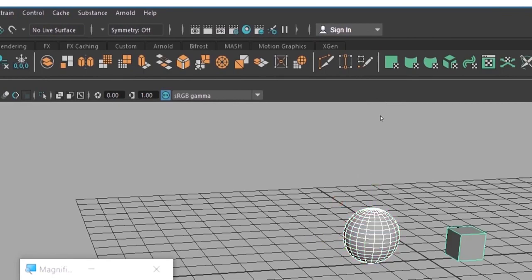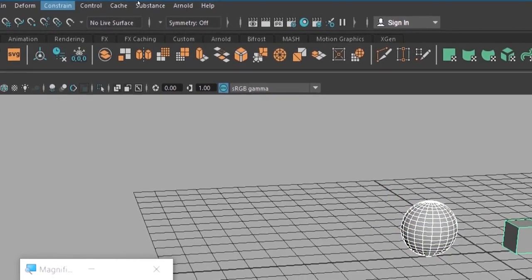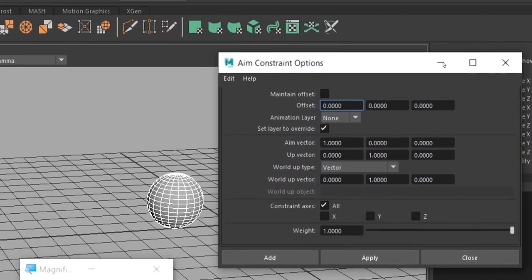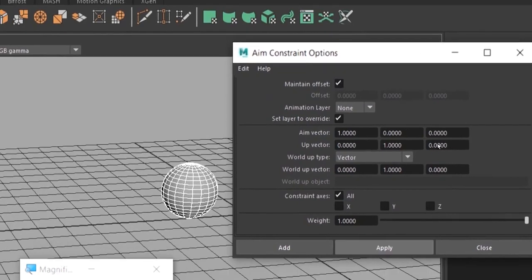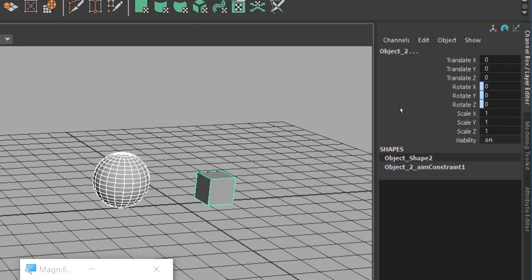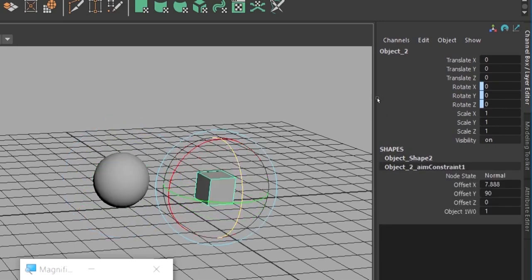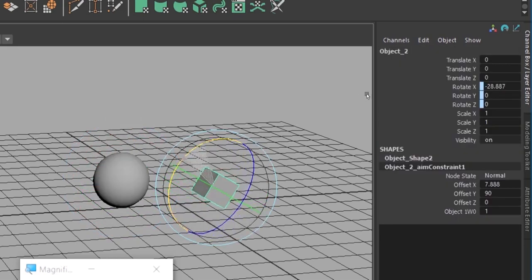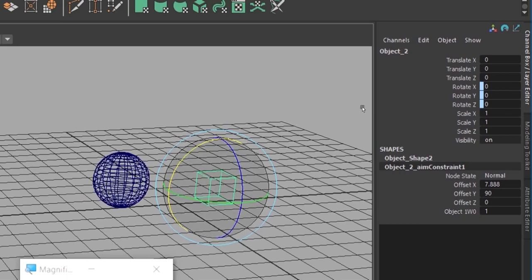Select the object, shift select the second object, Constraint, Aim Constraint. As usual, you should check maintain offset and click apply and close. Now what happens? The rotate got influenced, but it is different from orientation. Okay, see, the difference is not clearly visible here. We would have to give more connectivity in detail to get the output in this regard.